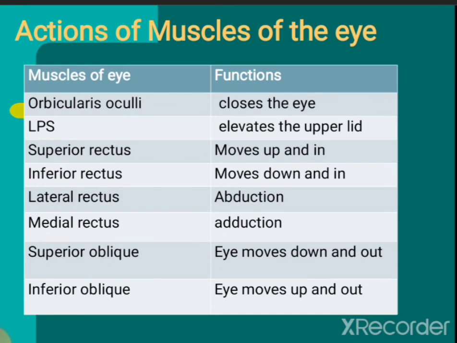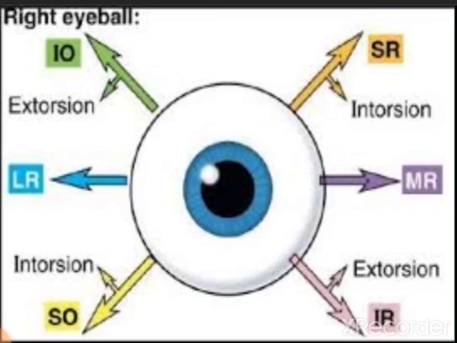It is very simple, as the name indicates their function. So this is a diagram showing you the action of the extraocular muscles of the eyeball. You just draw this diagram in your copy and it is very easy to remember. For example, medial rectus pulls the eyeball towards the medial side. Lateral rectus pulls the eyeball towards the lateral side. So lateral side movement means away from the midline.